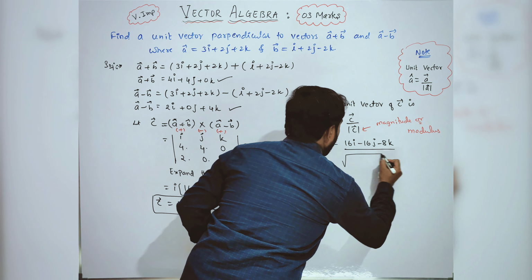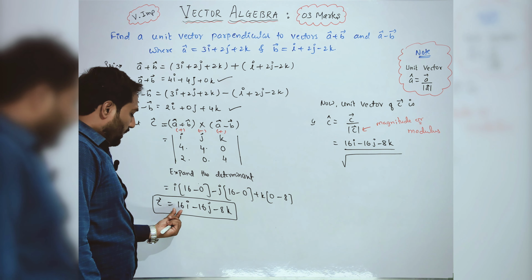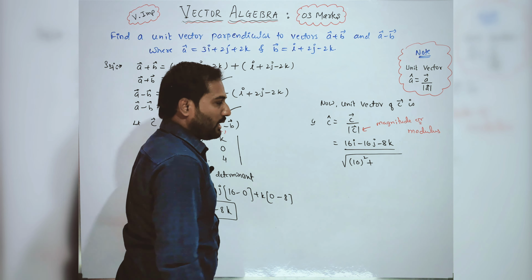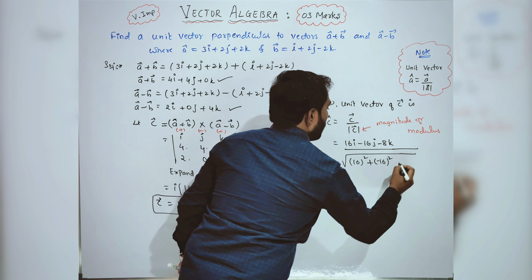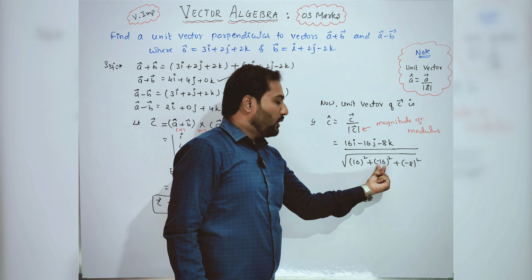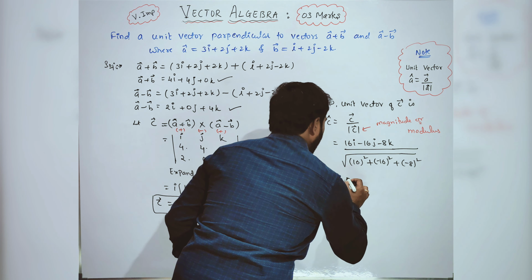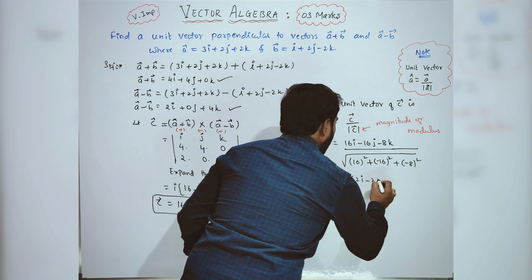You need to take the square root. This is your vector C, with i, j, k. You take the i, j, k coefficients and square them. So this is 16 squared, in between plus compulsory, j coefficient is minus 16 squared, plus compulsory, and k coefficient is minus 8 squared. Coefficients of i squared plus j squared plus k squared. I'll take 8 as common in the numerator, that is 2i minus 2j minus k, divided by